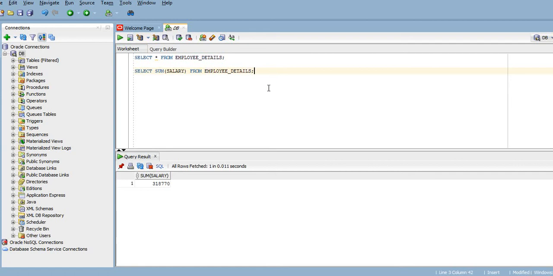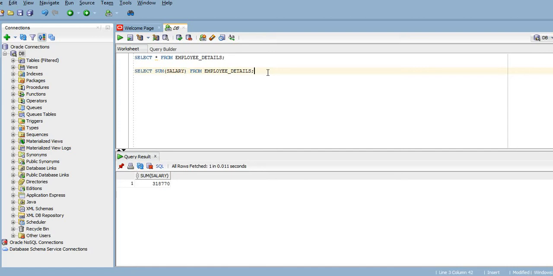Now let's think, what if we want to sum up the salary based on the department number? For each department, the company wants to see how much amount they need to pay to the resources. So how to do that? We need to group the summation based on the department number, or as per the expected column.